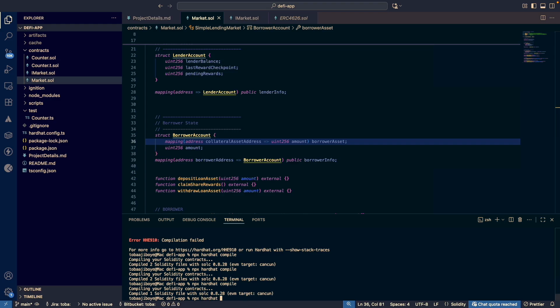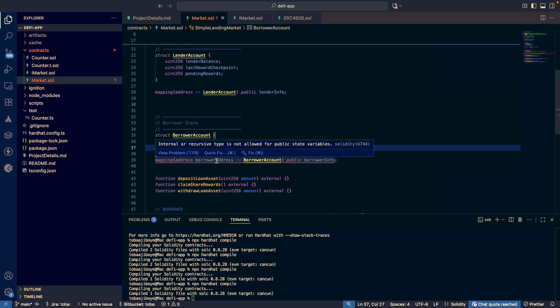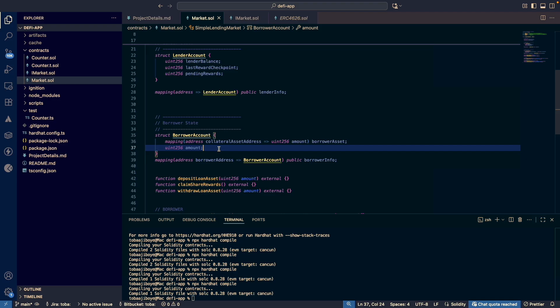I ran npx hardhat compile and checked something. You can't have only a mapping within a mapping, there has to be other fields. Wow, Solidity needs to fix this. This is terrible error messaging. This tells me nothing. But anyway, we've seen now that we have a mapping within a mapping,